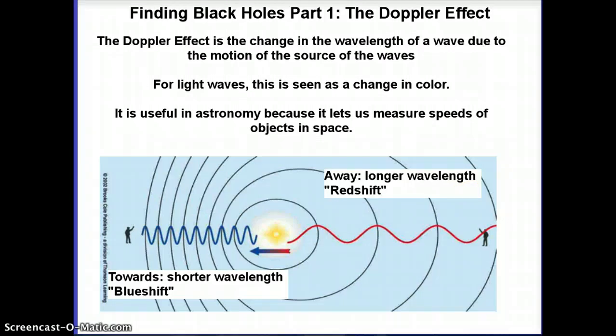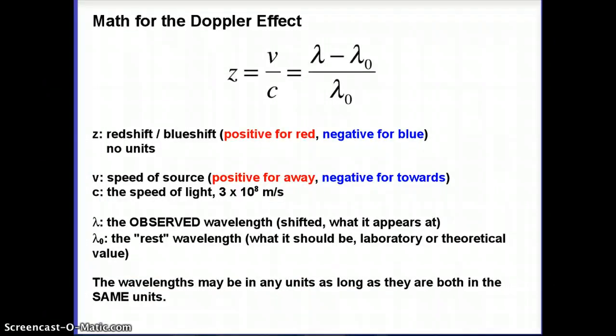And this is going to be important because this is how we can measure the speed of things in space. We've got things in space, we want to know how fast they're moving, we use the Doppler effect. And so here's how the math works. Part of this equation, the rightmost two parts of it, should seem familiar to you from physics. You should have seen this before, and I've added a third part back at the beginning. So here's what these variables stand for.